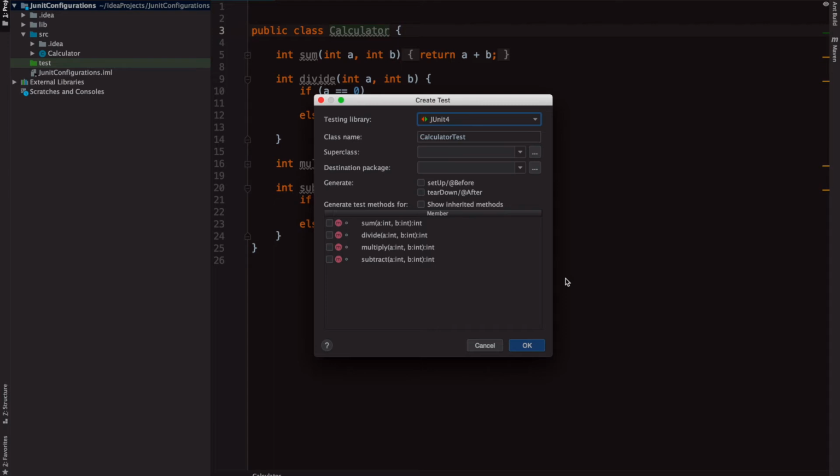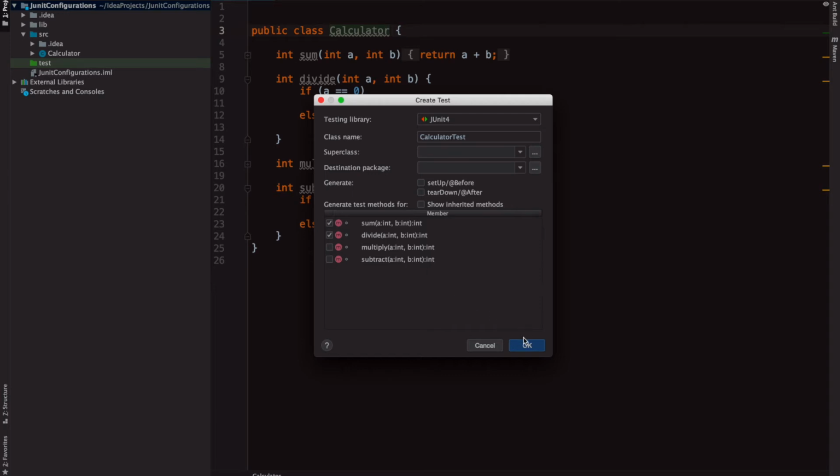On the next window, you can provide your test class name. I will go with the default name as it is the standard naming convention, and from the test case perspective, I will select the first two methods. By default, the IDE is showing all the four methods that are present in the calculator class, but I am selecting only the first two.